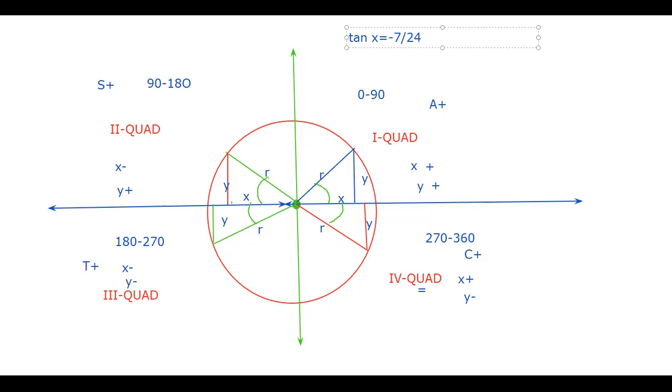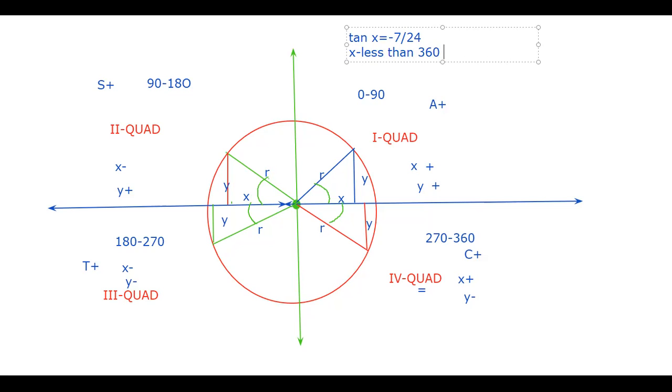Note down this. And the other information given is that x, the angle, is less than 2 pi, what I mean to say 360, 2 pi is 360 degrees,